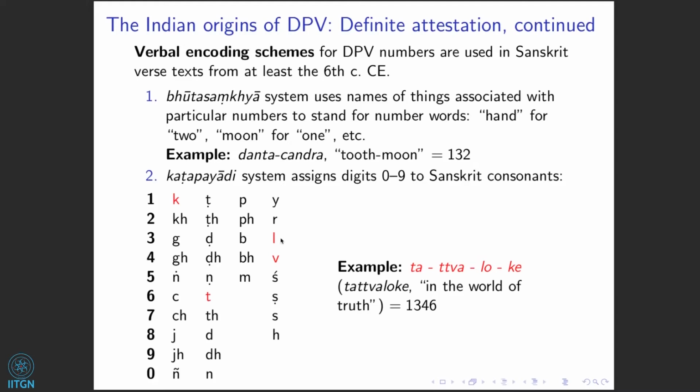And of course, the ka in ke is 1. So this is the sequence of digits from the least significant to the most of 6, 4, 3, 1, or 1,346. Again, a very nice, elegant system, and poetically very convenient because, as you see in this example,